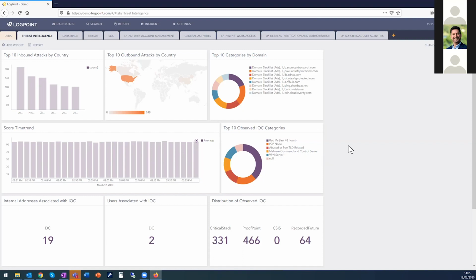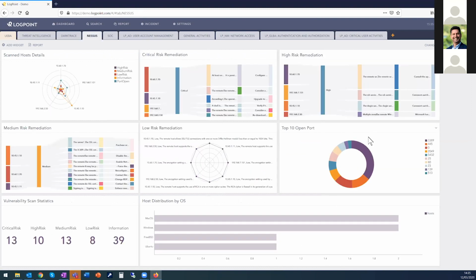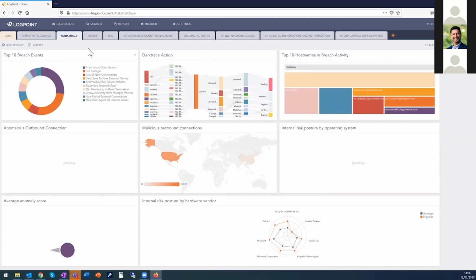If you take it a step further, there's a lot of other data sources that you can bring in, specifically in that network security side. It could be intrusion detection systems. In this case, you can see we've got a vulnerability scanner that we bring in data from. And that's where the strength of a SIEM comes in. There's a lot of security tools out there that do their own processing and gather their own information, and some of them are really good and probably much better than what we could ever create. It's the same if you have something sophisticated like Darktrace that goes really deep on the network,